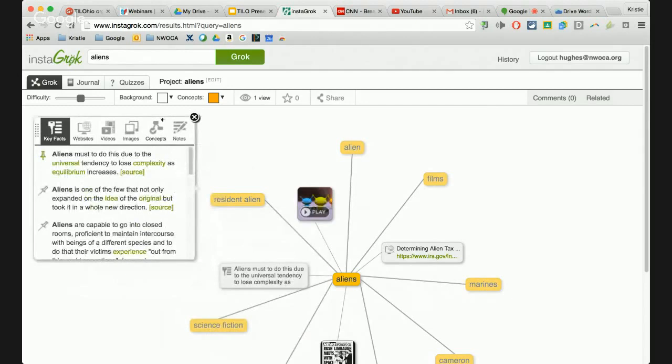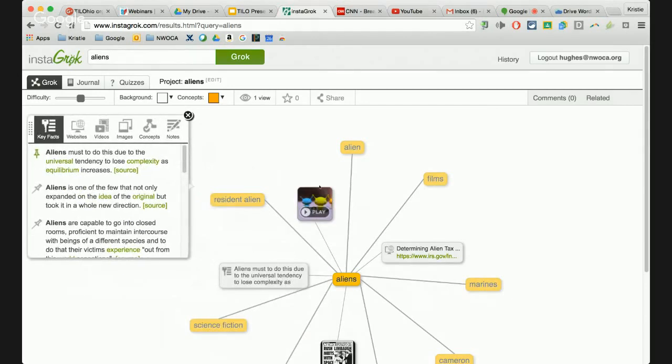So I'm going to move this over a little bit. So this pretty much gives you a nice concept web of all the different terms that may pop up depending on what you're searching on. Now you can put in your account. It's totally free. You can log in, or you don't have to log in. It's totally up to you. There are benefits, of course, to having your own account, and I'll go through some of those things. But if you just want to search for one and then sign out or whatever, that's totally fine as well.